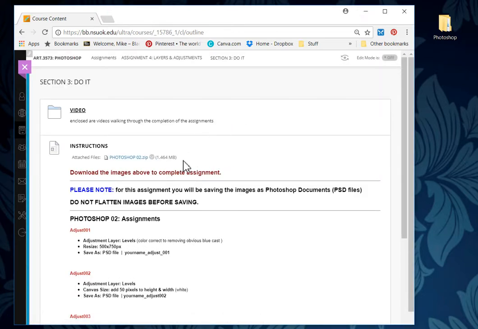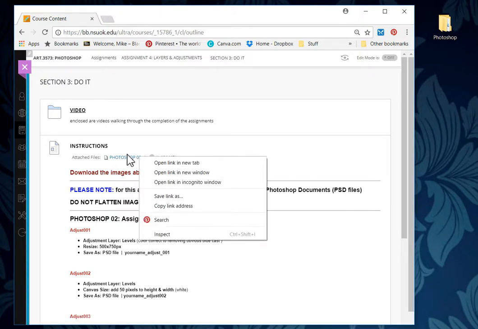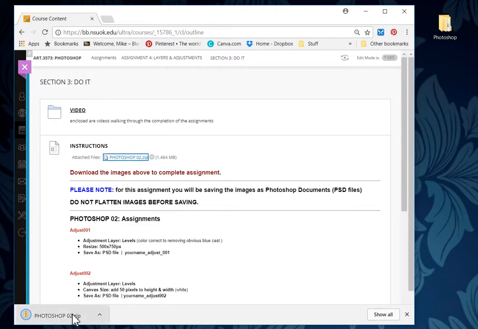Click there, and first off we're going to download the Photoshop 02 images. So I'm going to right click and save the link as, well, actually I think I'll just click it. It'll download it to the download folder. And if I go and navigate to the download folder,